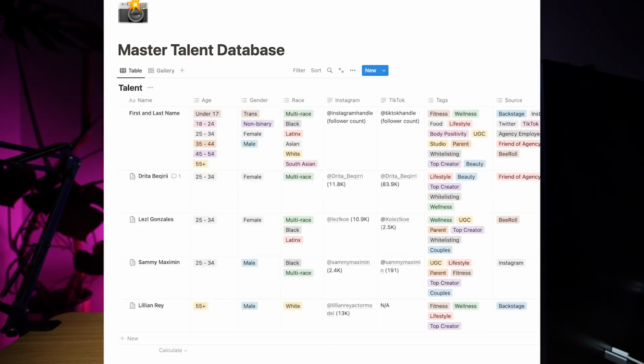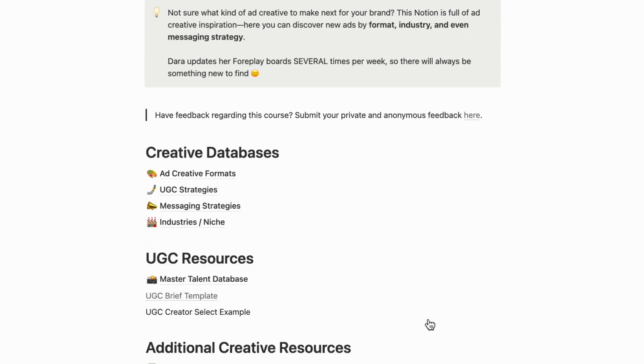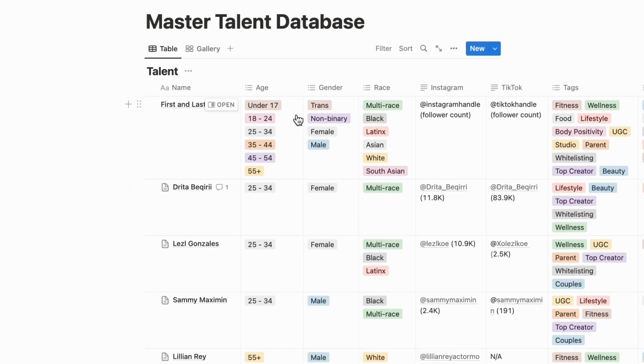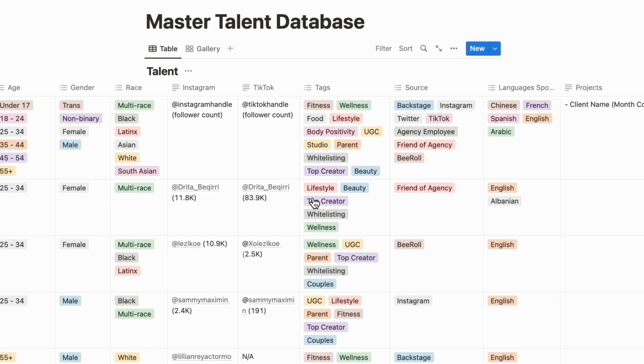The next thing I want to talk about is developing your creator Rolodex. One of the most valuable things that is going to be coming out of this process for you is a Rolodex of creators that you've worked with and trust. I'm also going to include the template that I use in Notion for maintaining and tracking creators. It's made working with repeat creators a heck of a lot easier.